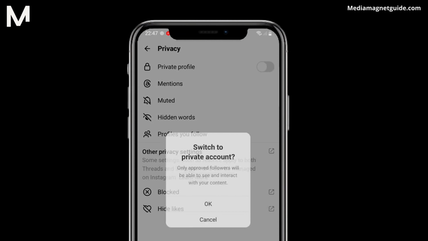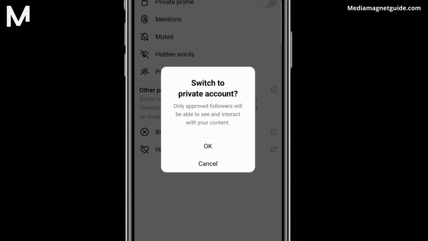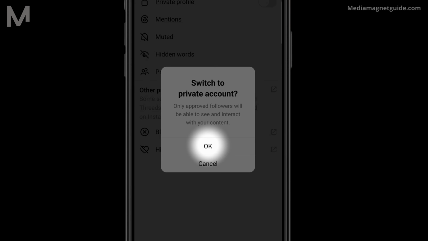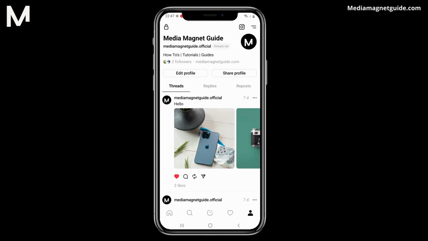Toggle it on. A message will appear, informing you that switching to a private profile means only approved followers can see and engage with your content. To proceed, tap the OK button to confirm your decision. Congratulations! You've successfully transformed your Threads account from public to private, enhancing your privacy and giving you control over who